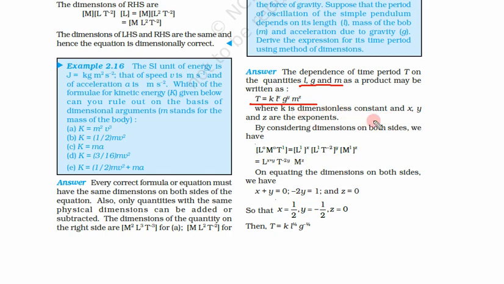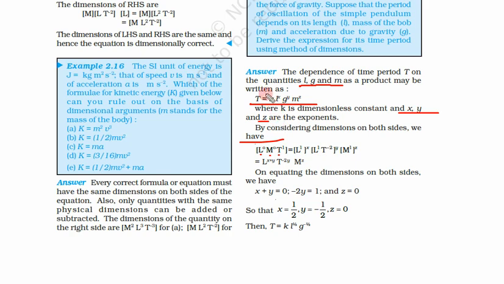So we have added some constant. x, y, z are exponents. Exponent means power. By considering the dimensional analysis on both sides, let us do the dimensional analysis. Here length is 0, mass is not there, time is 1. So L^0, M^0, T to the power 1. Now let us put it here.